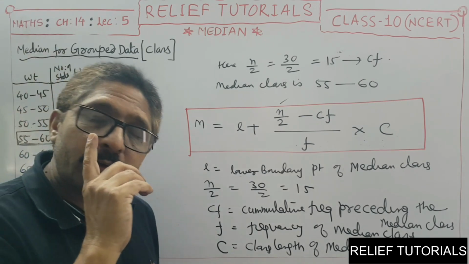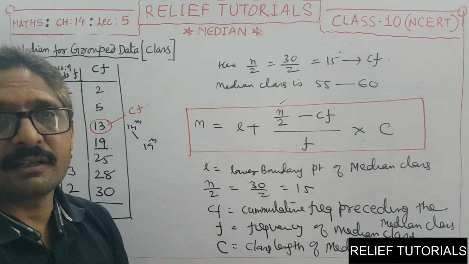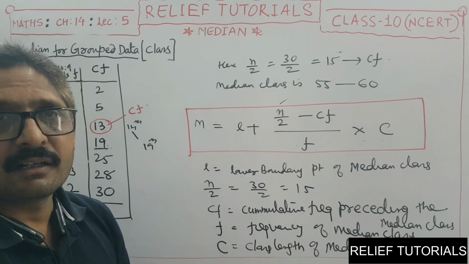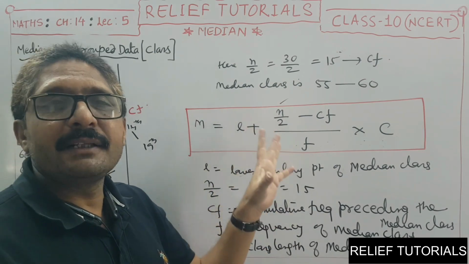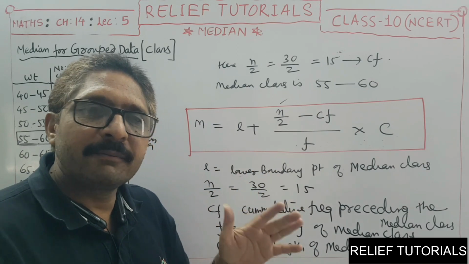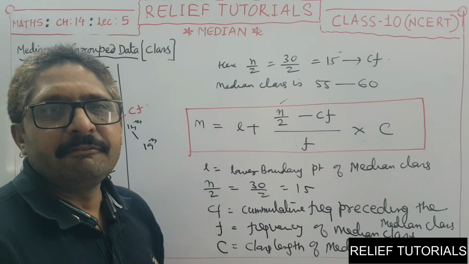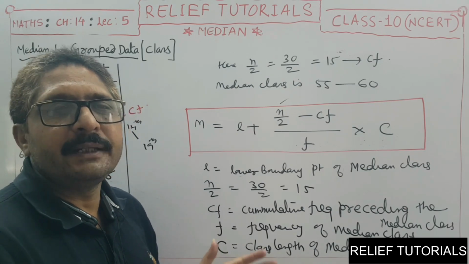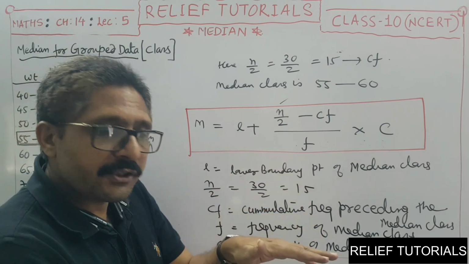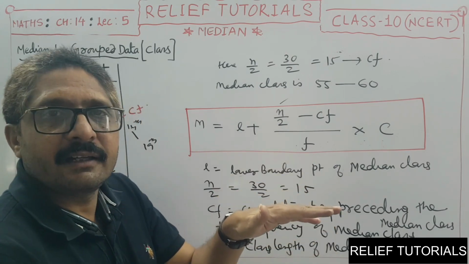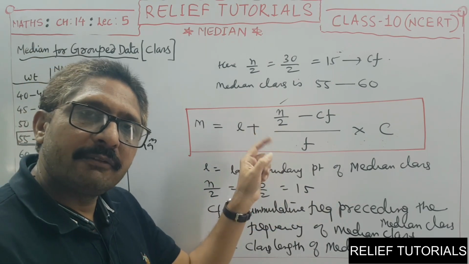Okay, and one thing you have to always keep in your mind कि median is middlemost observation, बीच का observation. So in our formula we will get n by 2. n means total divided by 2, you are dividing into 2 halves, and median always deals with half the observations. I told you median divides the given observations into 2 halves. सभी observation को 2 half में divide करता है. और हमें कैसा मिलेगा वो? n by 2. So in our formula we have n by 2.